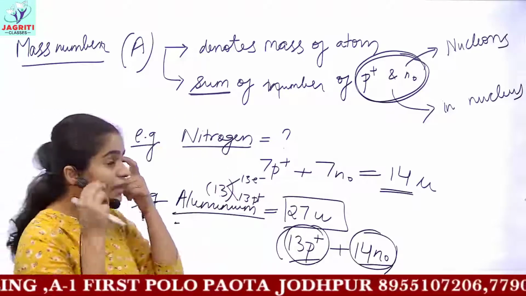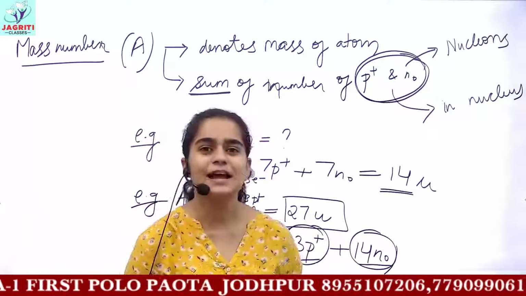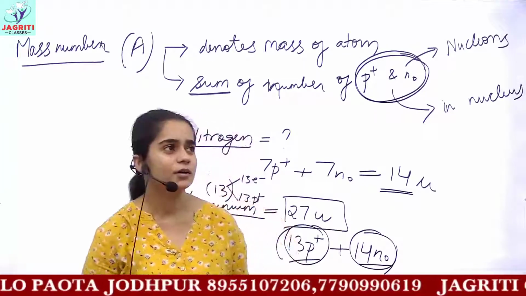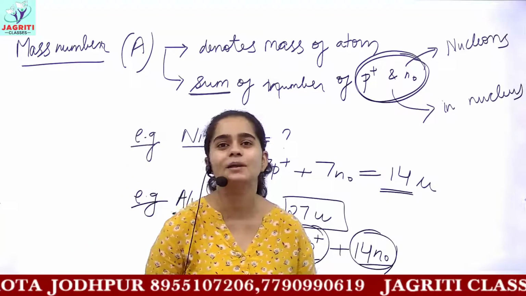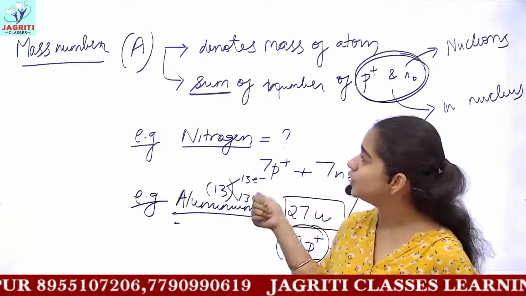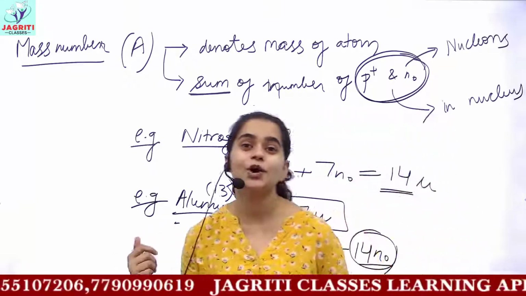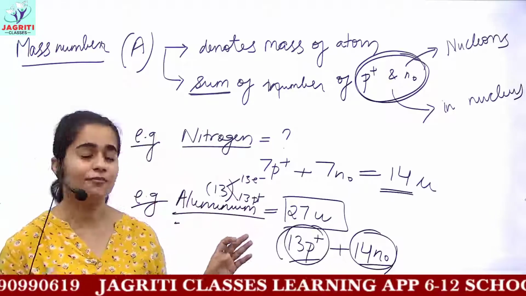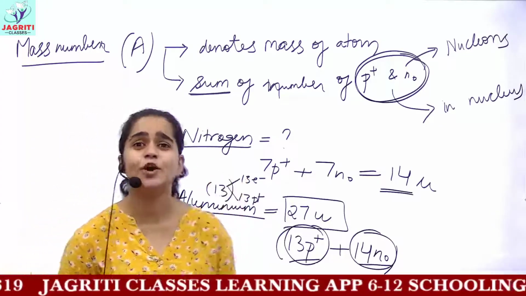So now we are left with only a short topic, that is about isotopes and isobars, and then in the next class we'll discuss some of the questions or some basic concepts, or any other topic we are left with. This is what you have, and this is all according to your revised syllabus. In this unit nothing is being omitted. Okay, we'll discuss the revised syllabus also in your next classes.